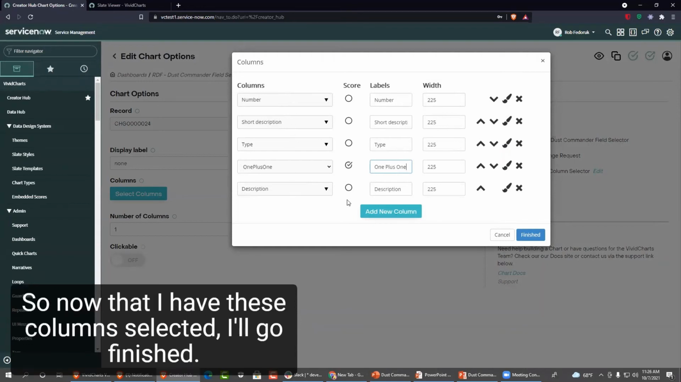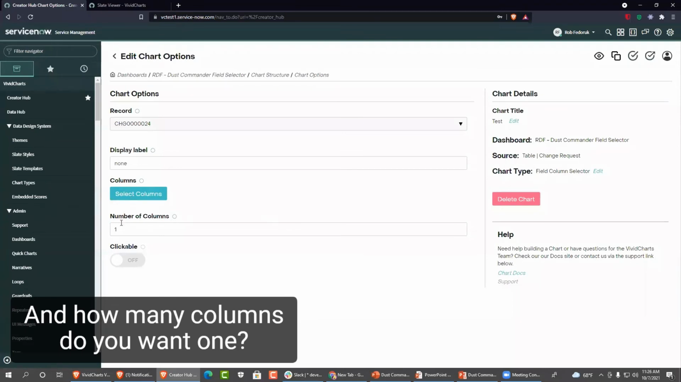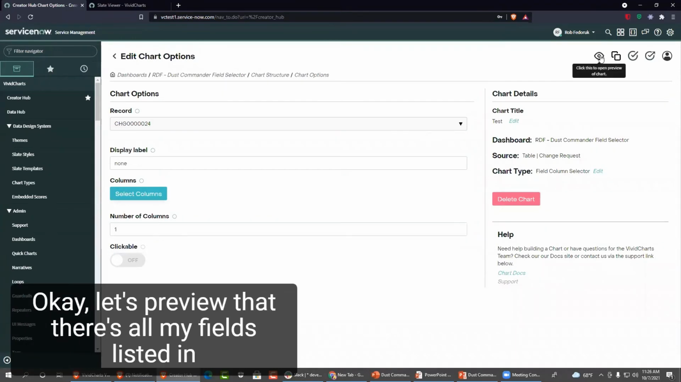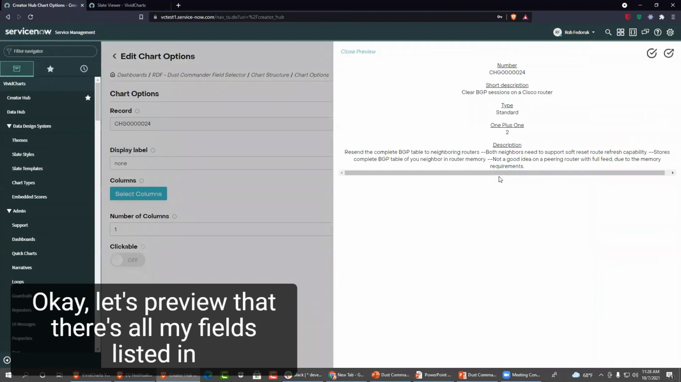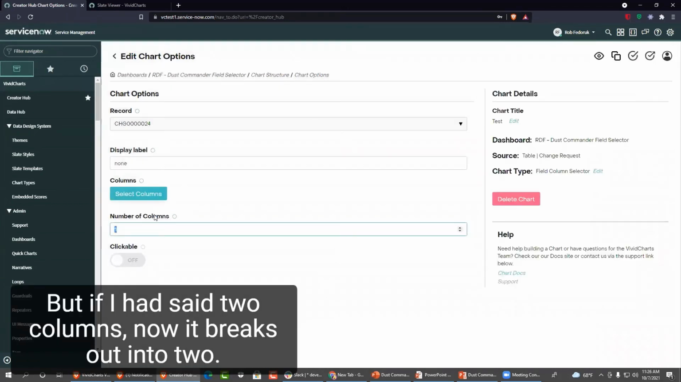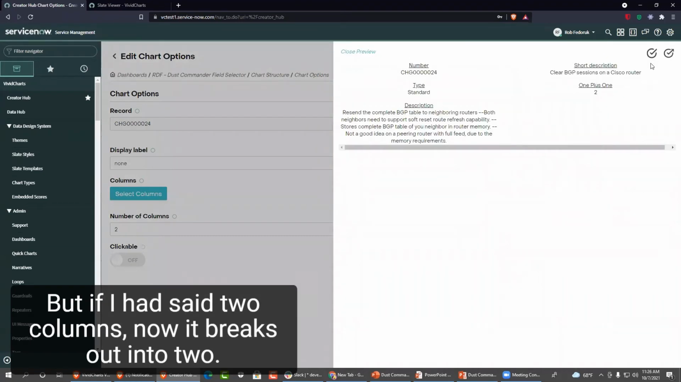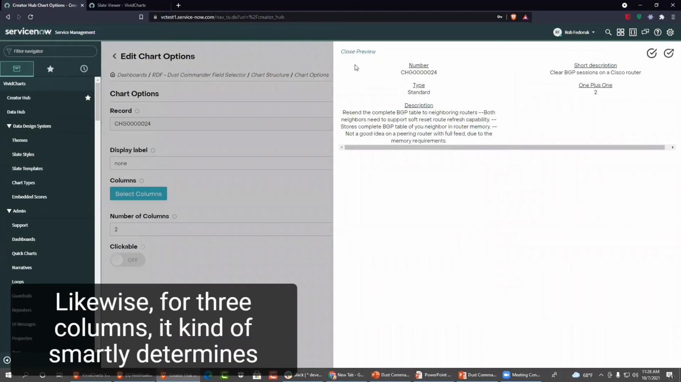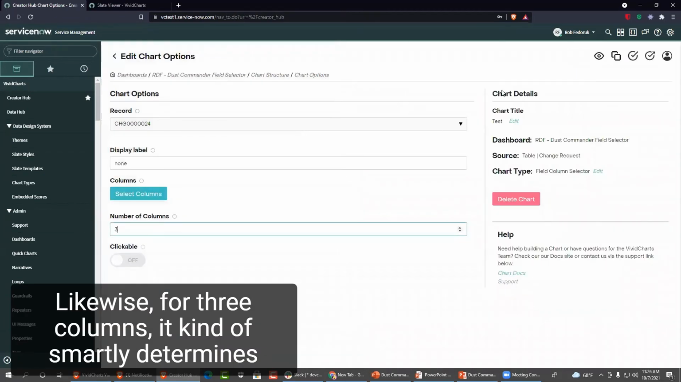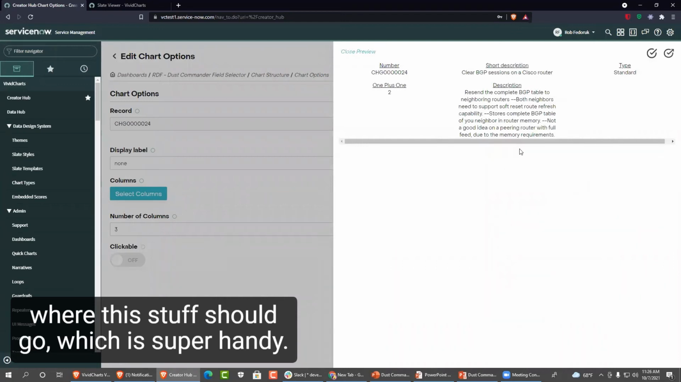So now that I have these columns selected, I'll go finished. And how many columns do you want? 1. Okay, let's preview that. There's all my fields listed in 1 column. But if I had said 2 columns, now it breaks out into 2. Likewise, for 3 columns, it kind of smartly determines where this stuff should go,